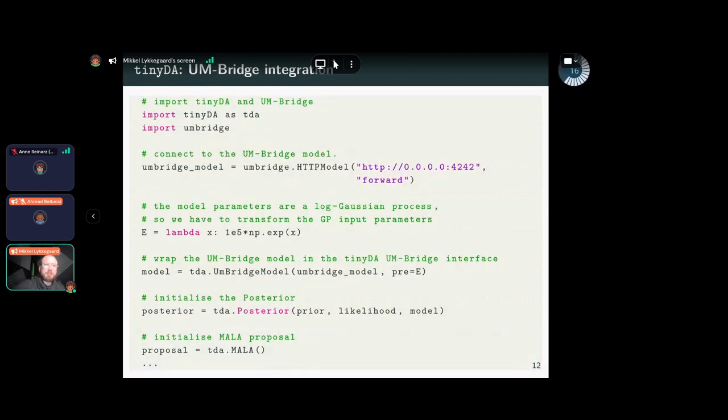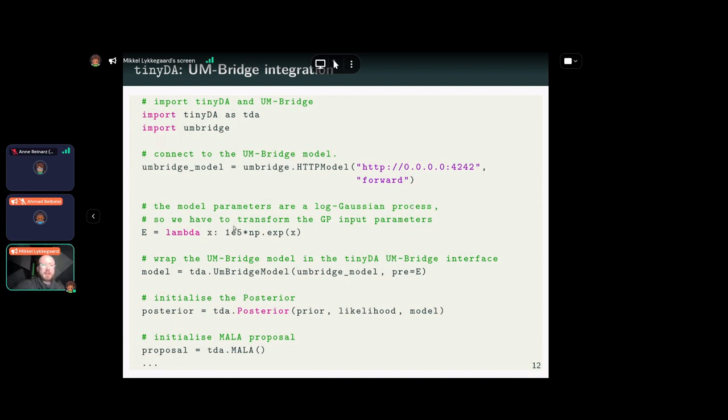If you want to use UM-Bridge, you can just initialize your UM-Bridge HTTP model and then feed it into this TinyDA UM-Bridge model. This pre argument is if you need to do a transformation of the parameters before they're fed to the UM-Bridge model.